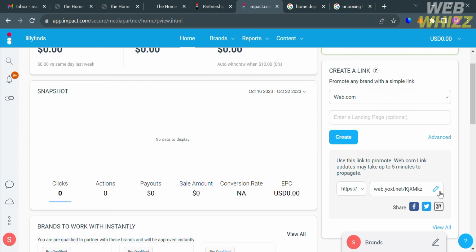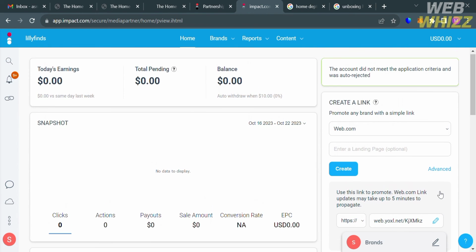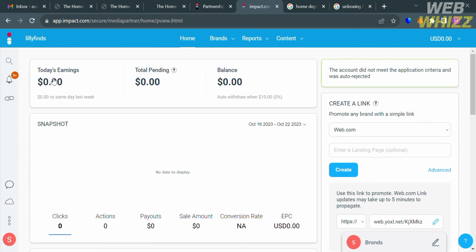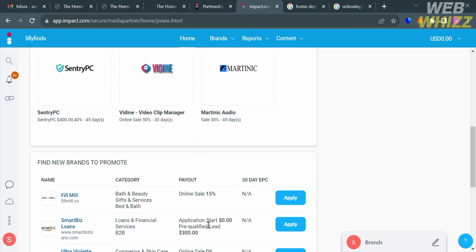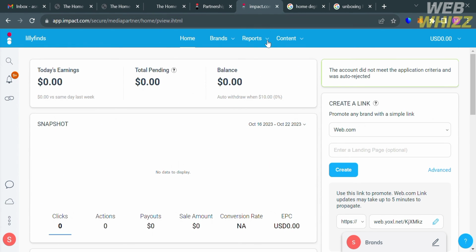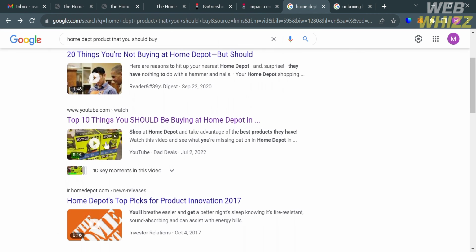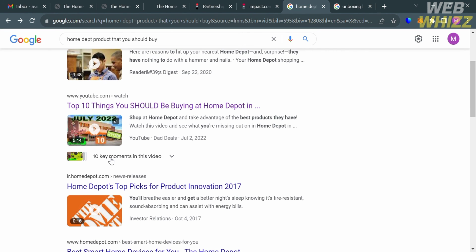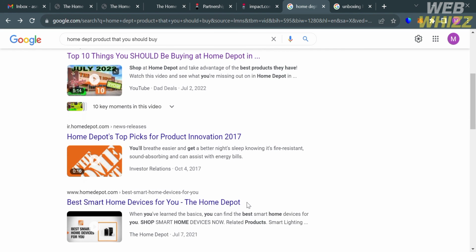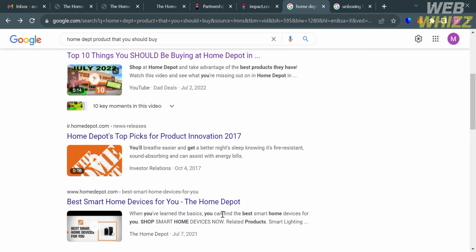And if you are, you will be able to get here the tracker link that you can use in promoting the Home Depot platform and products. And there are other ways that you could promote some of the products of Home Depot, including posting on social media such as Facebook, Twitter, Instagram, and also TikTok, YouTube, and some other platforms that can boost your traffic sources for the Home Depot affiliate program, such as posting on YouTube some videos like this that showcase some of the products of Home Depot, and you can enter the link below in the description that will direct the customers or the viewers to the product that you want